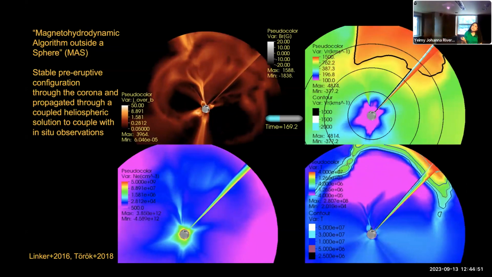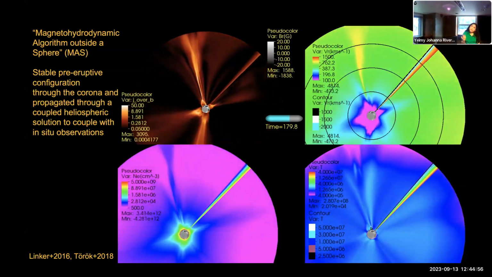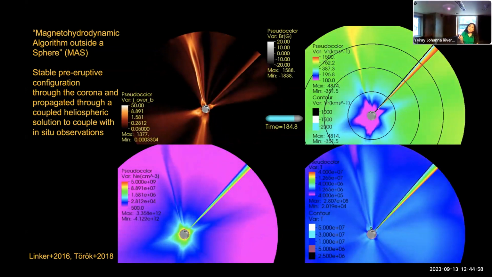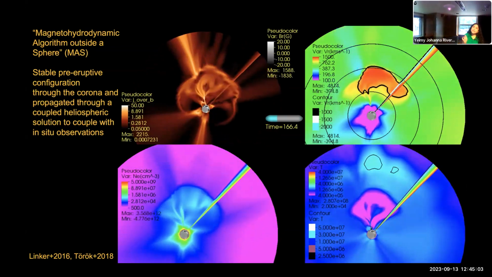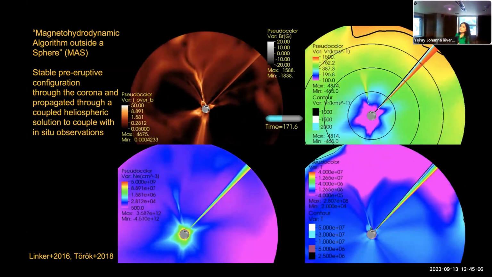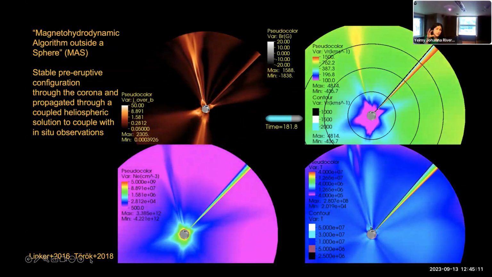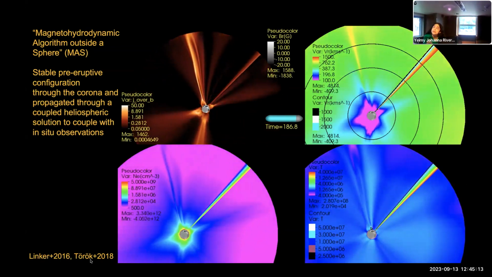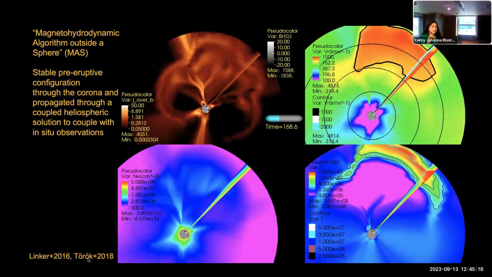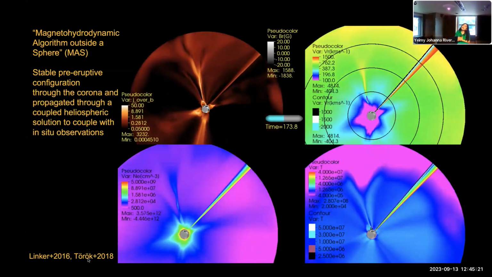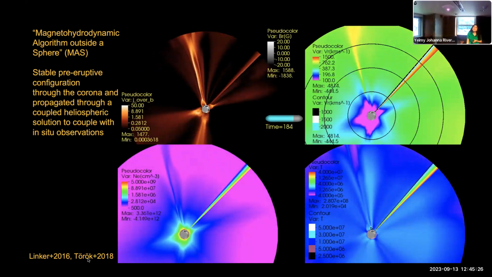So like I mentioned, this is an MHD simulation that was done by the Predictive Science group using the Magnetohydrodynamic Algorithm outside a Sphere, the MAS MHD model. Details of the MHD code and the simulation setup, including the pre-eruptive flux rope structure that they insert into the corona, can all be found in this 2018 paper. In the interest of time, I'm just going to go over in very general terms what that work did, which is essentially to reconstruct the Bastille Day event as best as they could.